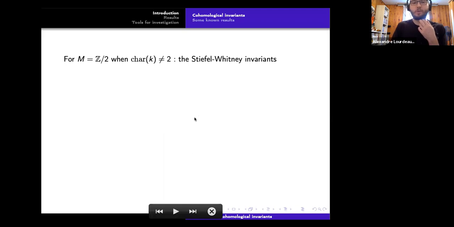And now I will state a very basic example of cohomological invariance. So we take M to be Z/2. The characteristic of K is not 2. And we define the Stiefel-Whitney invariant,